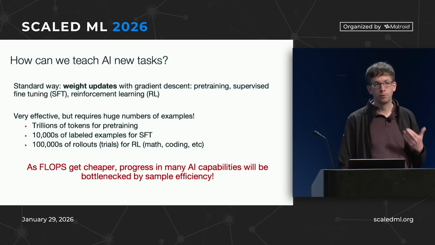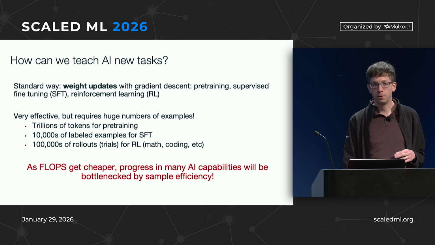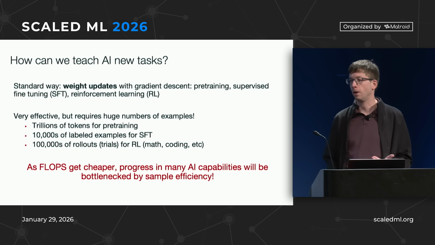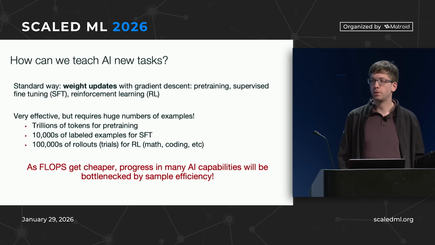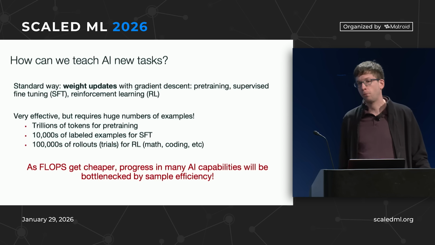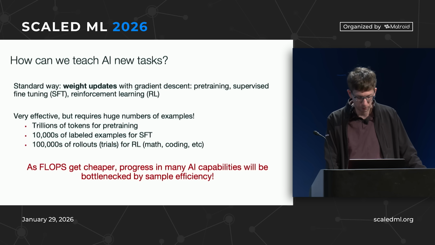And in fact, I think as flops get cheaper, as everyone launches new hardware, new data centers, better learning algorithms, better data generation methods, all that stuff, progress in a lot of AI capabilities is going to be limited by sample efficiency. How quickly can a model try a new solution and get something back? For example, I talk to scientists who want to do experiments in cells, and for them, it might take a few days to grow a cell. So there's no way they're going to apply reinforcement learning off the shelf the way we do it here. But for other things like maybe math, where you can check if you got the right answer, it's totally fine. You can do the whole experiment in like a day and train your model.